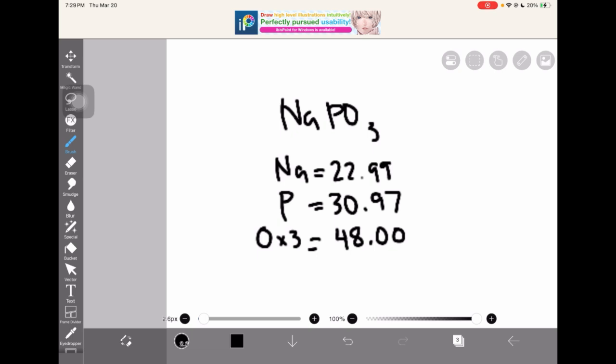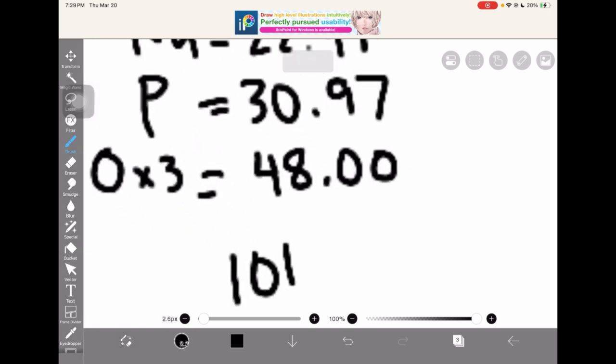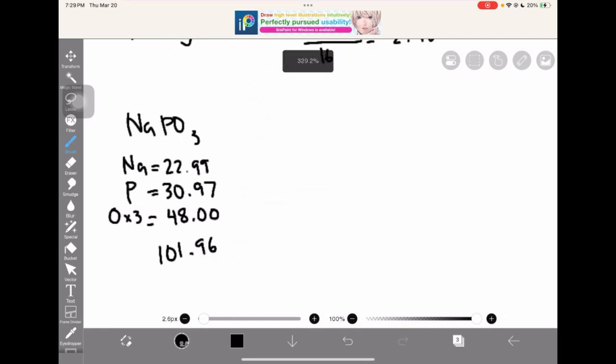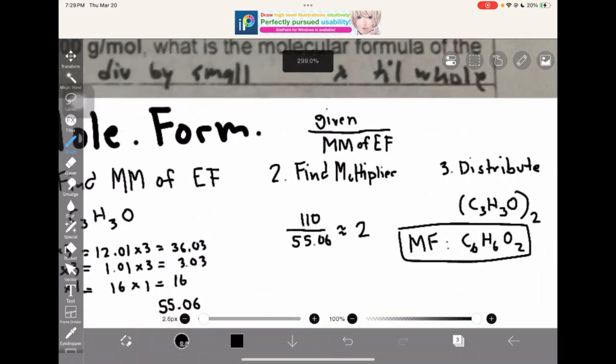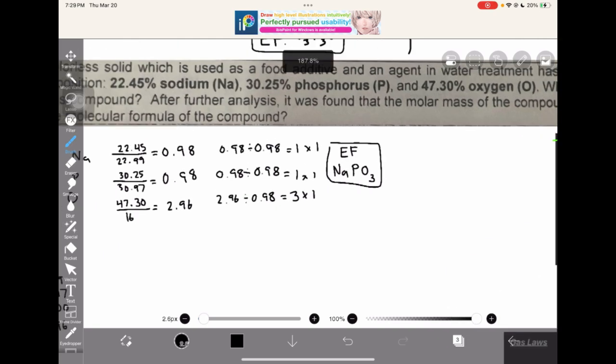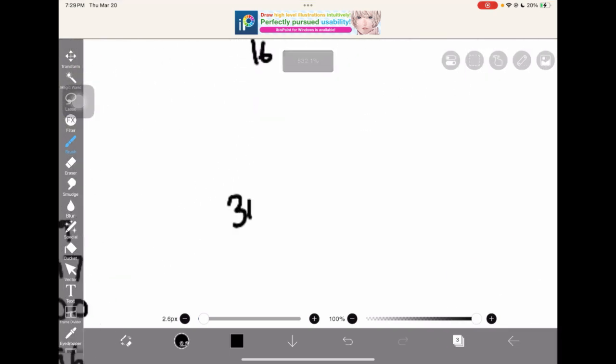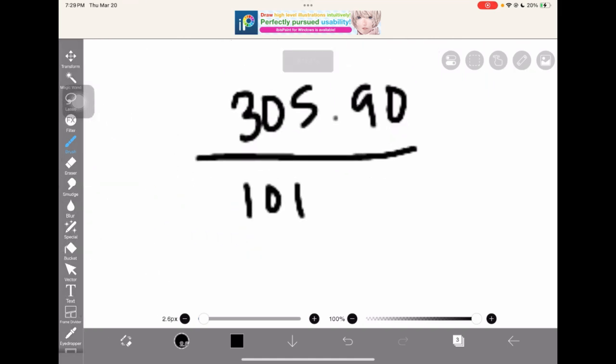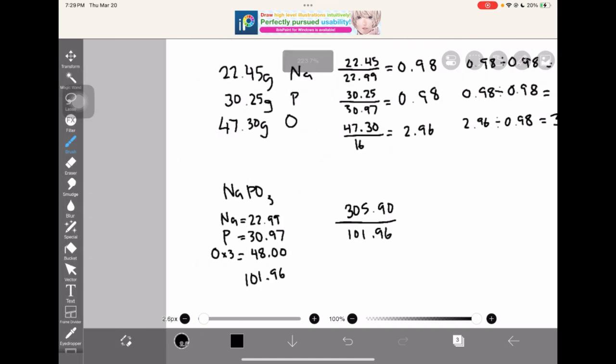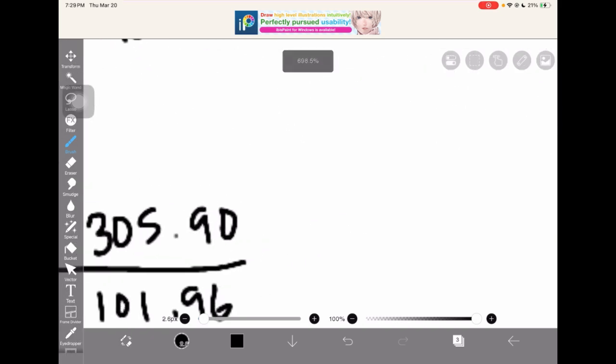22.99 plus 30.97 plus 48, that's equal to 101.96. Then following the formula over here, we take the given of 305.90 over 101.96. Let's put that into our calculators. 305.90 divided by 101.96, that's equal to, well,